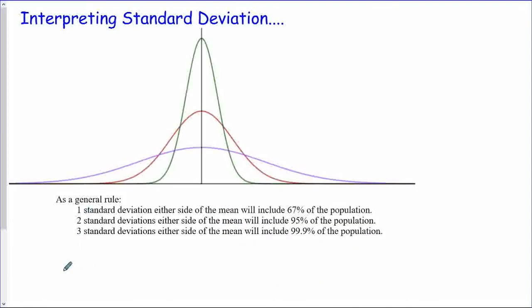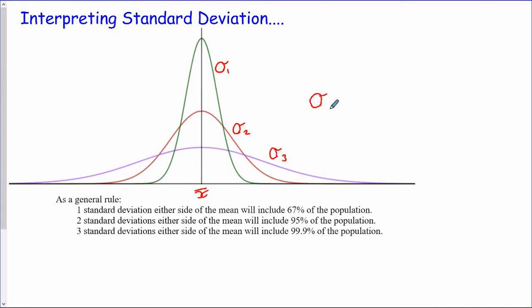Right, let's take a look at interpreting standard deviation. All that standard deviation is, it's a measure of spread. So for example here, all three of these distributions of data, the green, the red, and the purple, have got the same mean, right? These are sort of normal distributions. They're symmetrical about the mean, right? But in fact, the green one has got a lower standard deviation, right? So for example, if we call this one sigma 1, that one's standard deviation sigma 2 and sigma 3, then